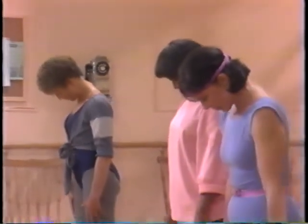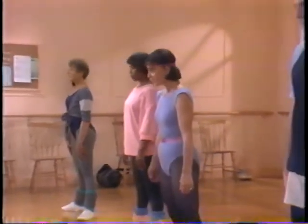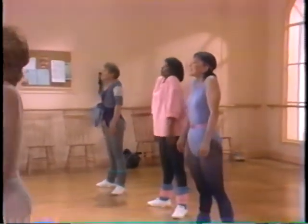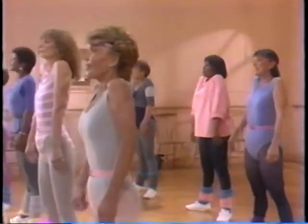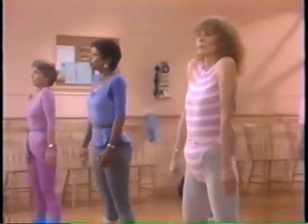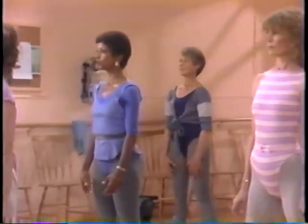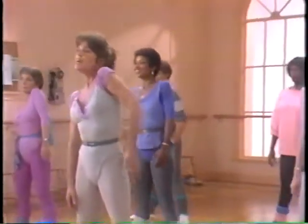5, 6, straight back, 7, 8, and head up, 2 and shoulders lift, inhale, exhale, resist while you lower your shoulders. Inhale, exhale. Resist as you lower your shoulders. Now right, down, and left, down,